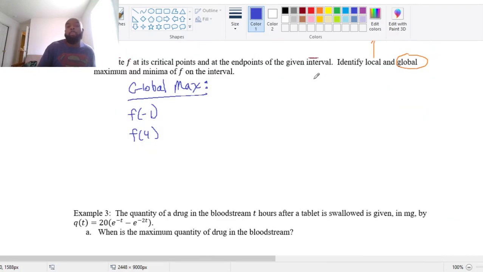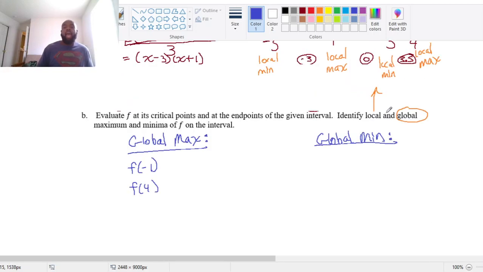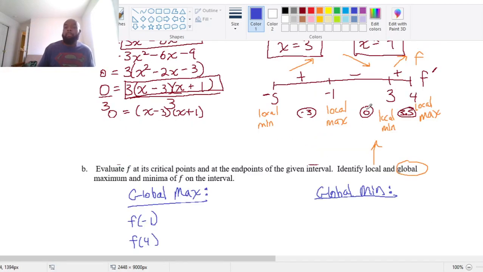For my global minimum, I'm going to plug into my original function where my local minimums occur. They occur at -5, and they occur at 3. So go to your